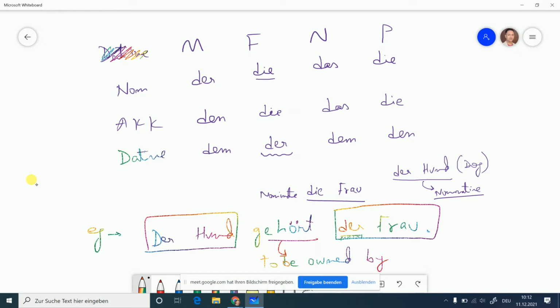Reason is this, that here, der Frau, as I said, this is going to be in dative because somebody is being owned by. So here this Frau is in dative case, and thereby the gender associated will be der Frau. So if you write der Hund gehört die Frau, that will be wrong, right? Although technically it will be right because die Frau, the gender associated with Frau is die. However, because here Frau is in dative case, that's why it is going to be der Frau. So the gender changes accordingly. Just make sure.